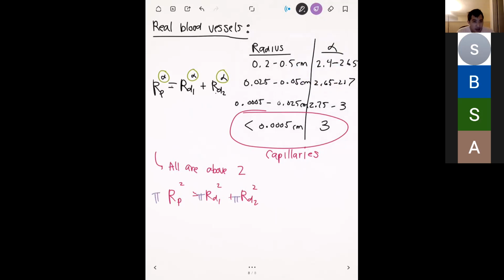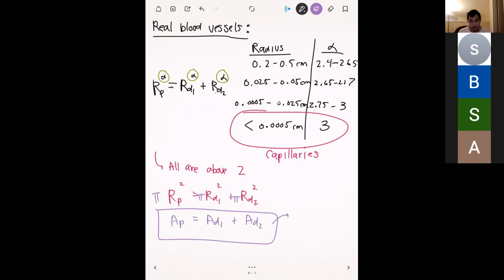Let me take pi and multiply through the entire equation. Whenever we have pi r squared, we know that this is the cross-sectional area. And so here we have AP is equal to AD1 plus AD2. So in other words, if we have an exponent of 2, then our bifurcation will be area preserving. That means the total cross-sectional area of the daughters is going to be equal to the total cross-sectional area